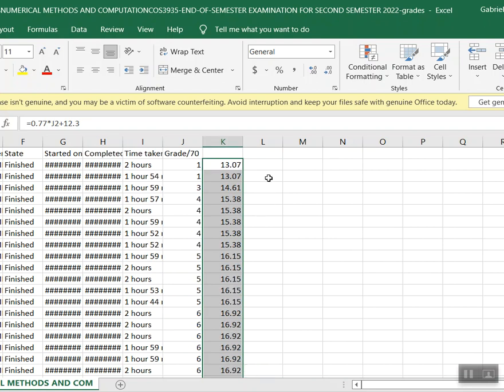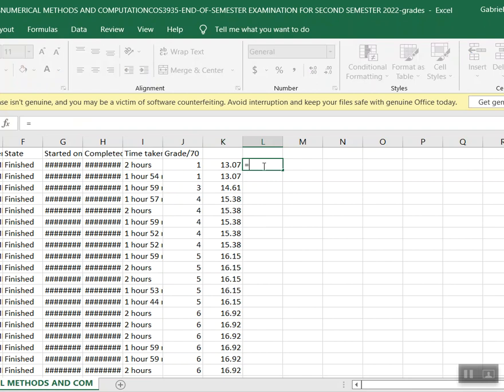Then another thing we could do again is that since these are decimal points, we might have to have them in integer values by rounding them to the nearest whole number, so 13 will move to 14, 14 move to 15, this move to 16, just like that. So what I do is, I want to put that in this next row for us to see. I'll use the round up. We can use a round down, but let's use a round up so that the student is not disadvantaged. Let me claim that equal to round up into bracket,